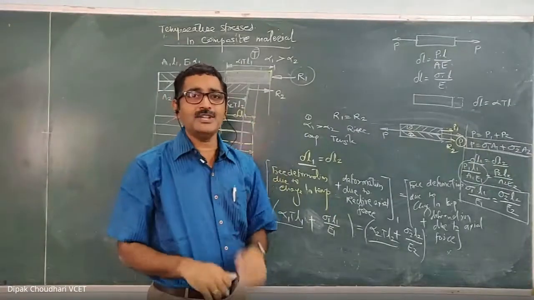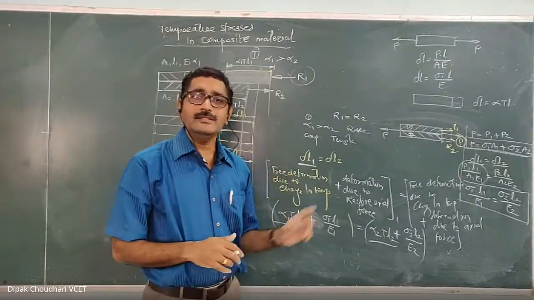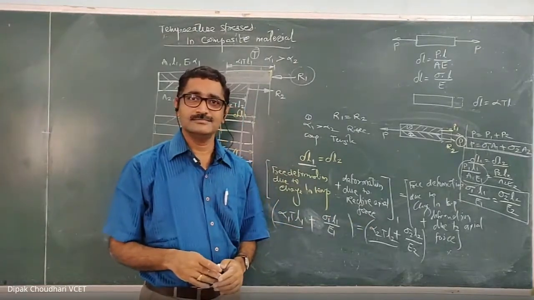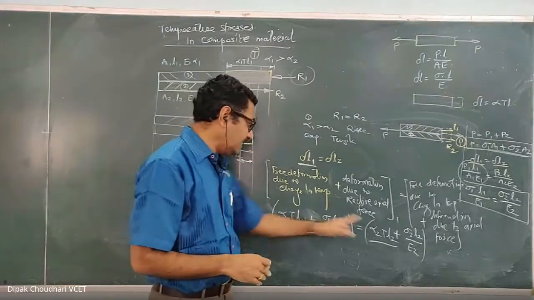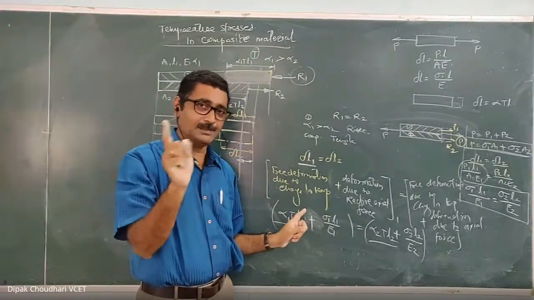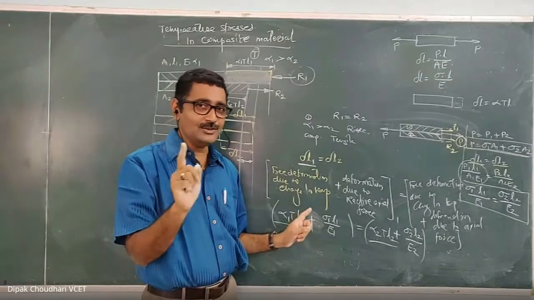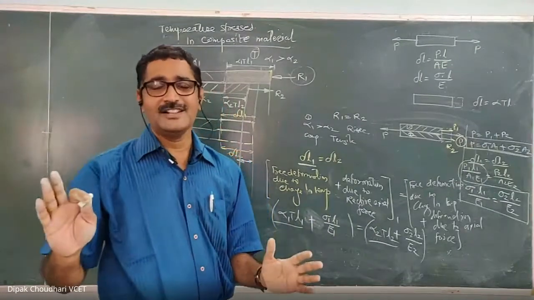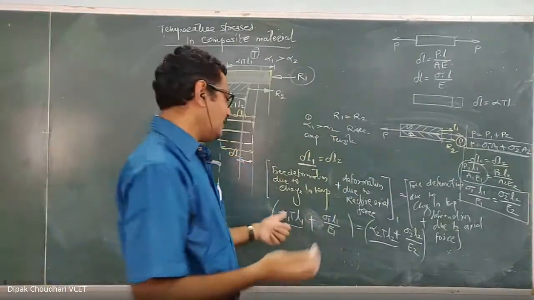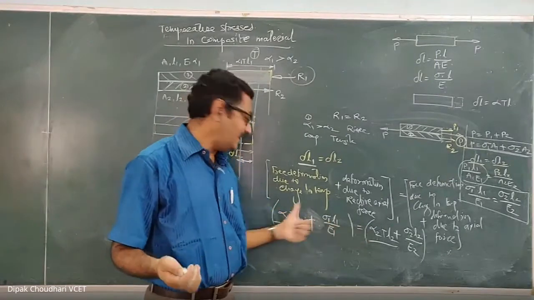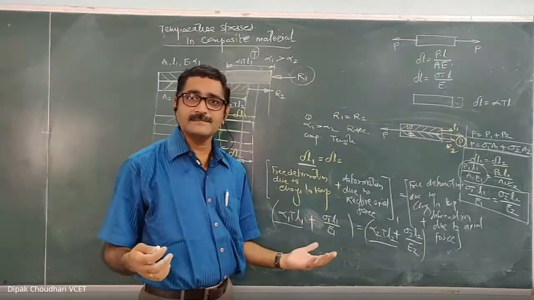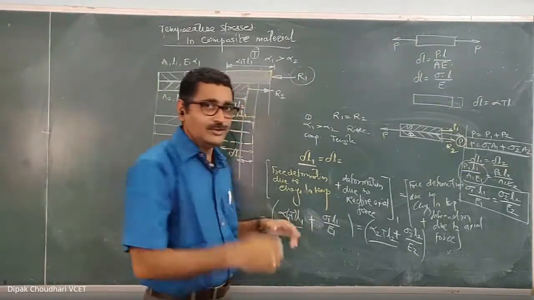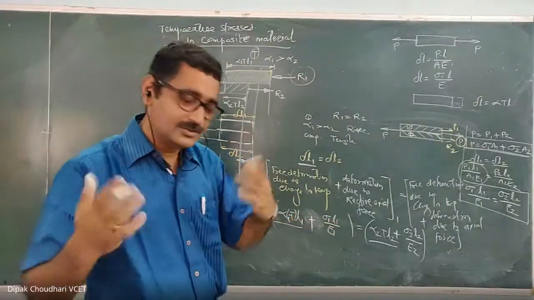If there is a fall in temperature, then there will be a decrease in length. So in that case, if there is a fall in temperature, you have to take it negative. Understood? But if you take it negative, take T positive only, since it is a change in temperature. So that value should be positive, and this final value should be negative when there is a fall in temperature. Now it depends on you: either you take the negative sign first and take the temperature T as it is, or you take this as positive and take the temperature negative, since it is a fall in temperature, so the negative comes either way. So it is up to you.